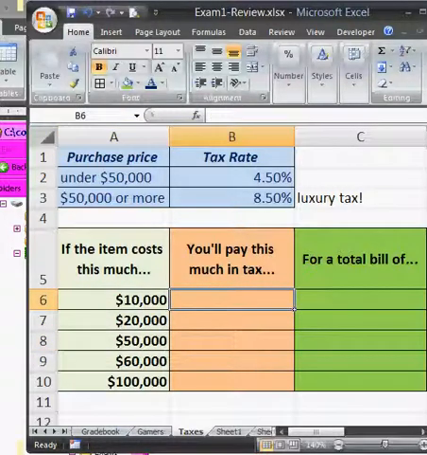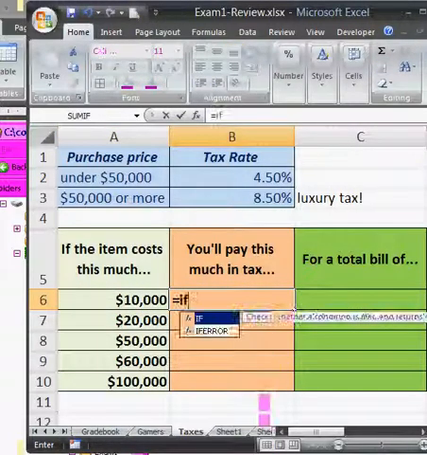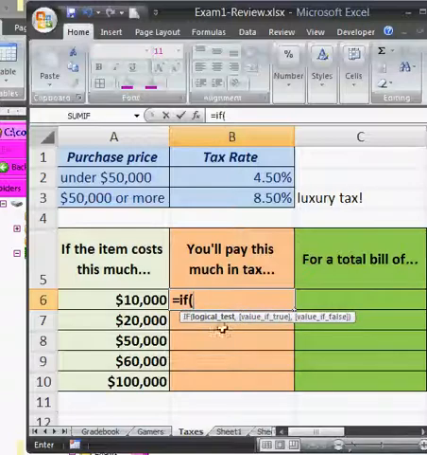So we're going to need an IF function, because we've got two different tax rates, and we only use one or the other depending on the condition of our price. So let's get out an IF function. If, and it's based on price, that's what we need to test. If the price is less than